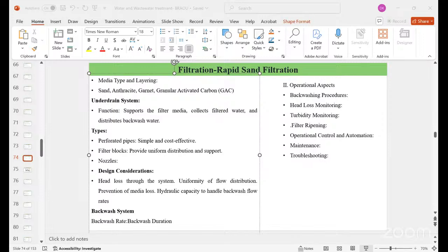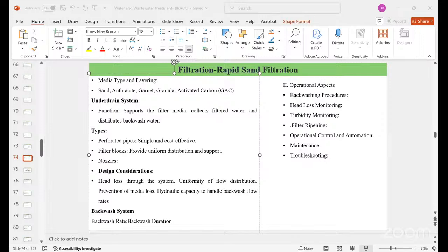And coming to the slow sand filtration unit. Slow sand filtration is a water purification method, just like the rapid sand filtration method, and it utilizes a biological process to clean the water as it passes slowly through the bed of sand. It is a time-tested technique, mainly valued for its simplicity, effectiveness, and especially its ability to remove pathogens. Since it takes a long time for the filtration process in the sand,